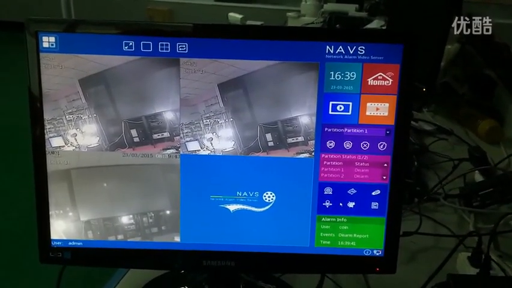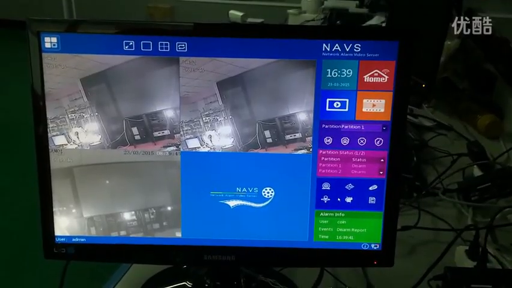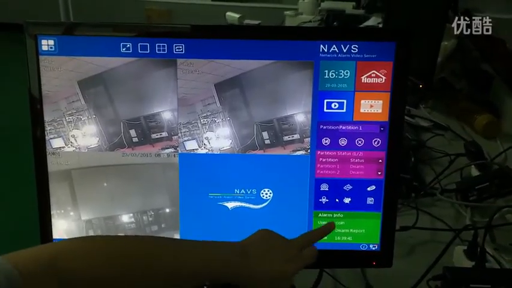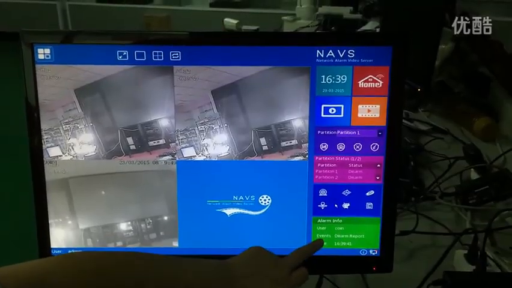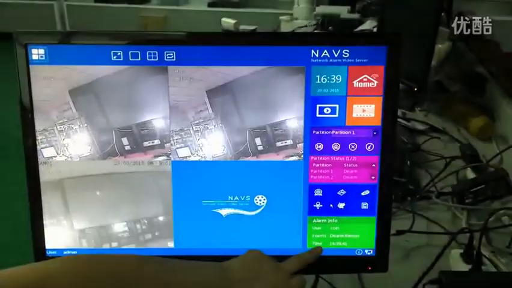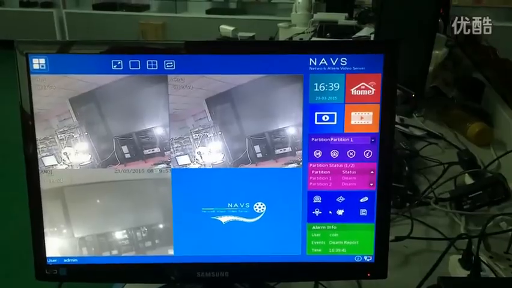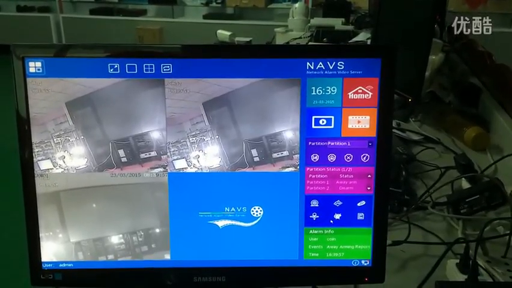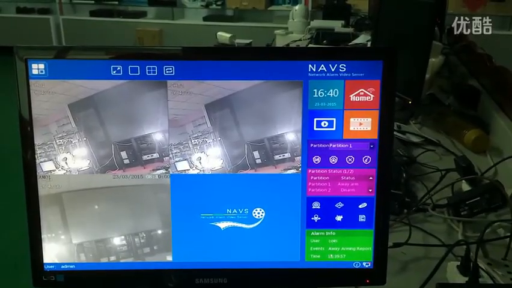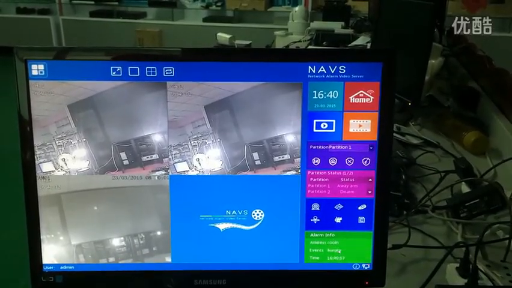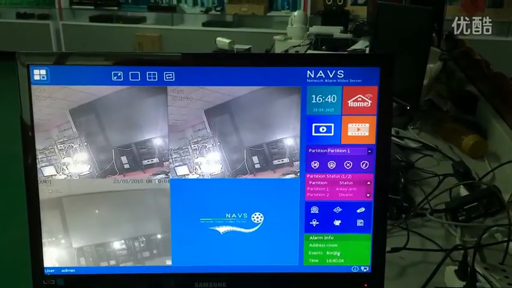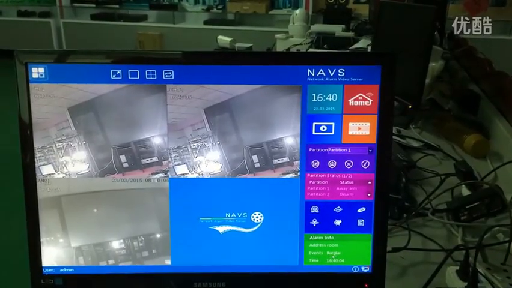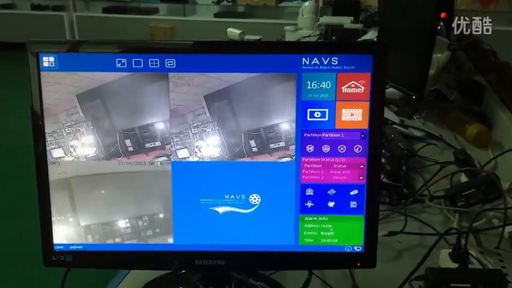We use the remote controller to disarm the system. You can check here, alarm info, user Coin, event is disarm report, time. If we choose on, it's home on. You can check here, it is zone number 1, alarm. Address is room, event